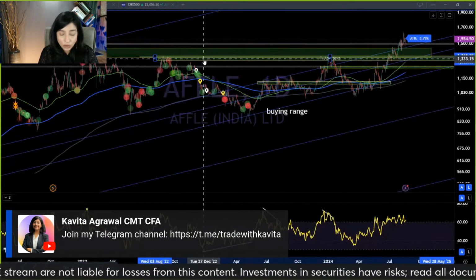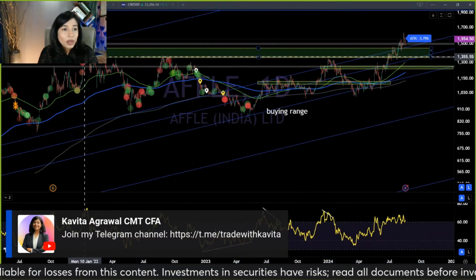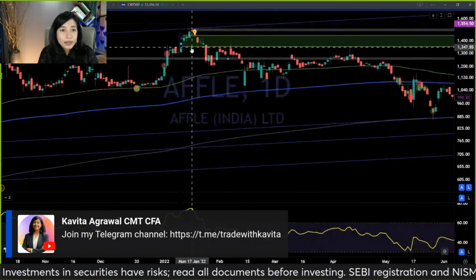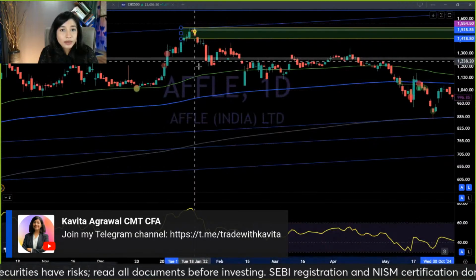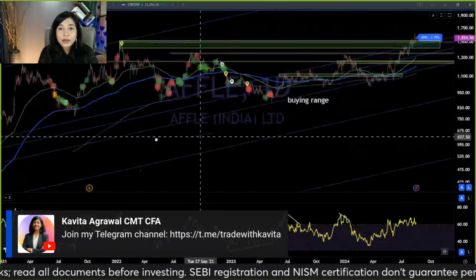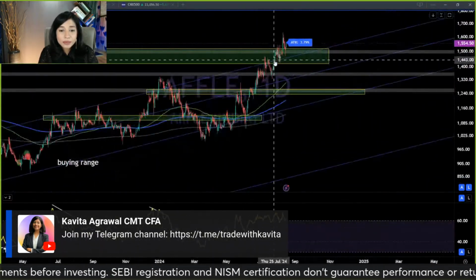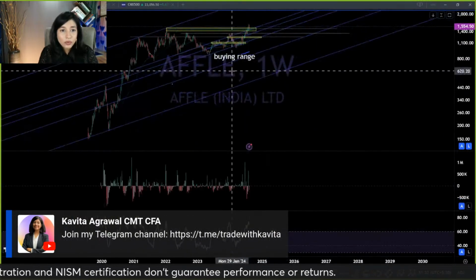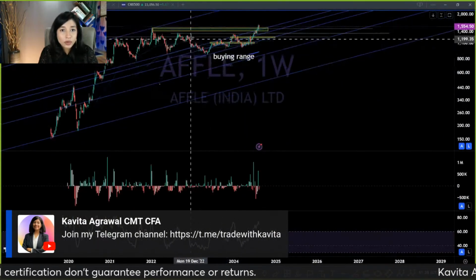So I think this seems like a bit of a confluence of peaks. In fact, this I will not consider as a real peak at all. But the last time the stock rallied, it did establish a real peak right here at the top, right? And now what I'm seeing is that that has been breached and the stock is heading higher. Let's take a look at the overall trend. So the overall trend of the stock is pretty good.